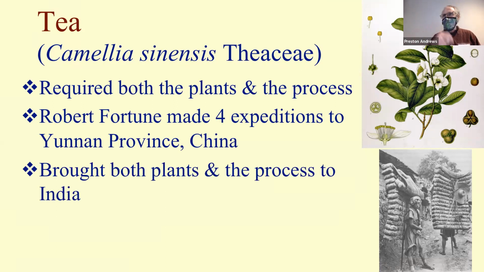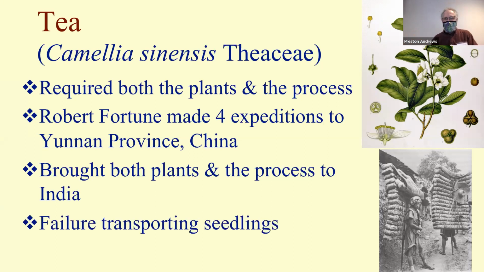At the time that he did this, China had the world monopoly on tea. And it was getting rather expensive to buy tea from China. So the British wanted to establish tea plantations in India. And so they brought the plants and the knowledge of how to process tea for beverage purposes to Calcutta and then to Darjeeling and to Assam, where we're familiar with those names. But there was a lot of failure transporting seedlings. So what he did uniquely, because they're very oily seeds from Camellia,